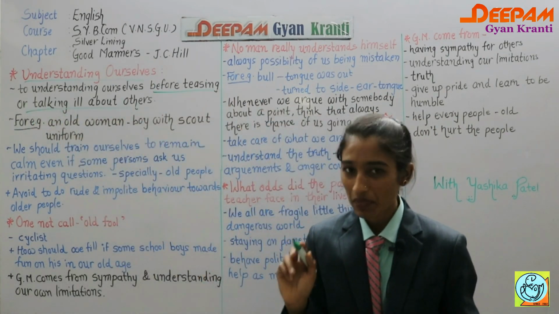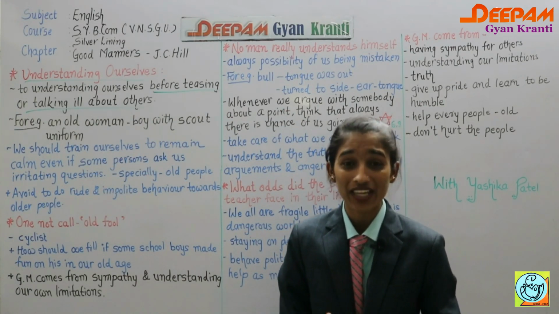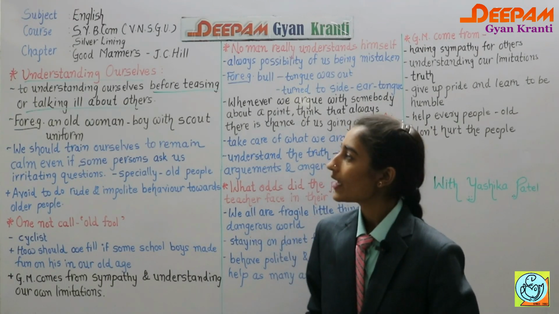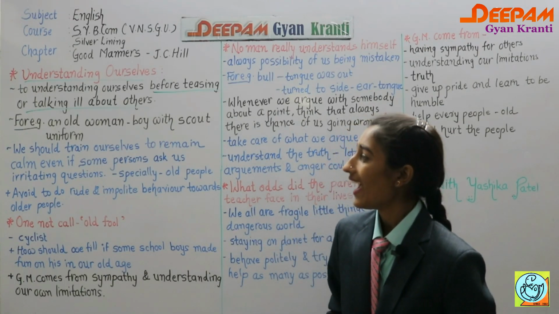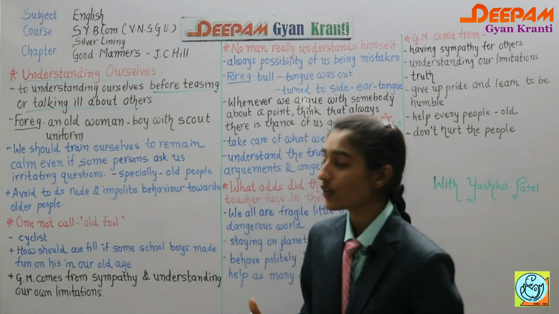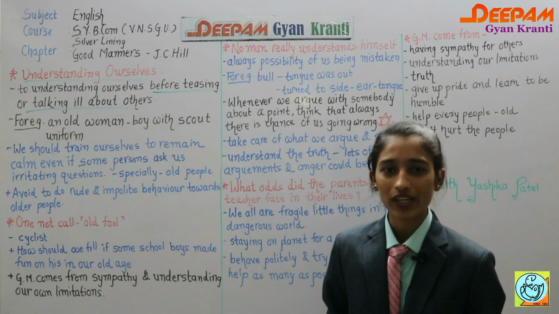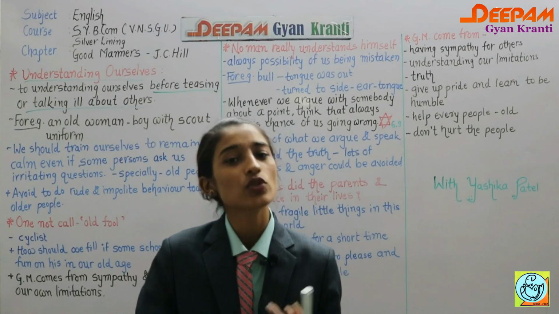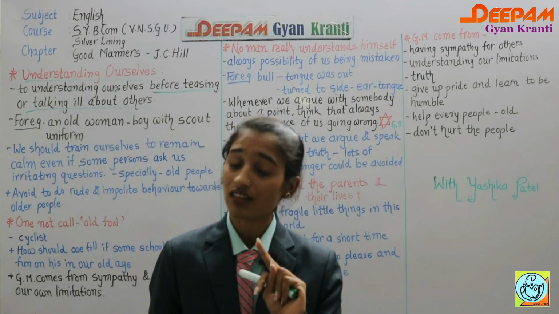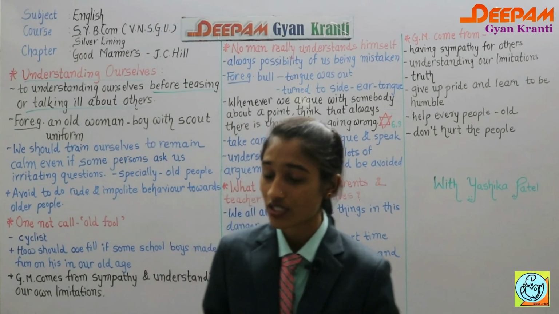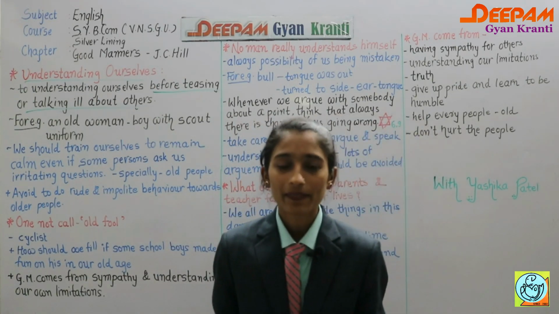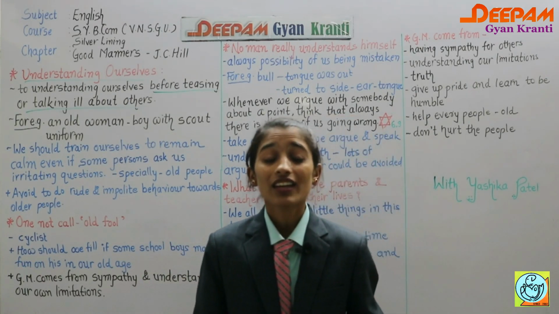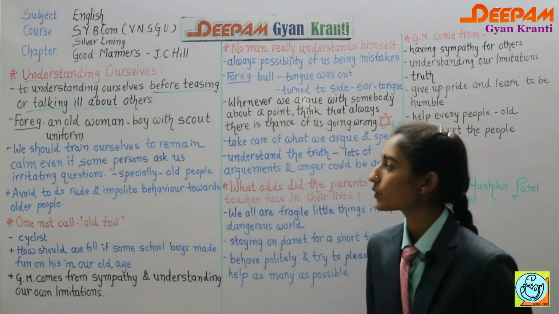This you have to remember, and we all have to remember, because we have a very bad habit of always teasing and talking ill about the other person. So he gives us the suggestion, and he gives one more example for that, an old woman. Now the thing is that one boy is there and he wears a scout uniform, but on the other hand that lady wants to confirm with the boy whether in the scout uniform you are a boy or not. At that time what happened, being young, that boy teased that old woman, and even we can say, didn't give her respect. Okay, so that we have to remember.